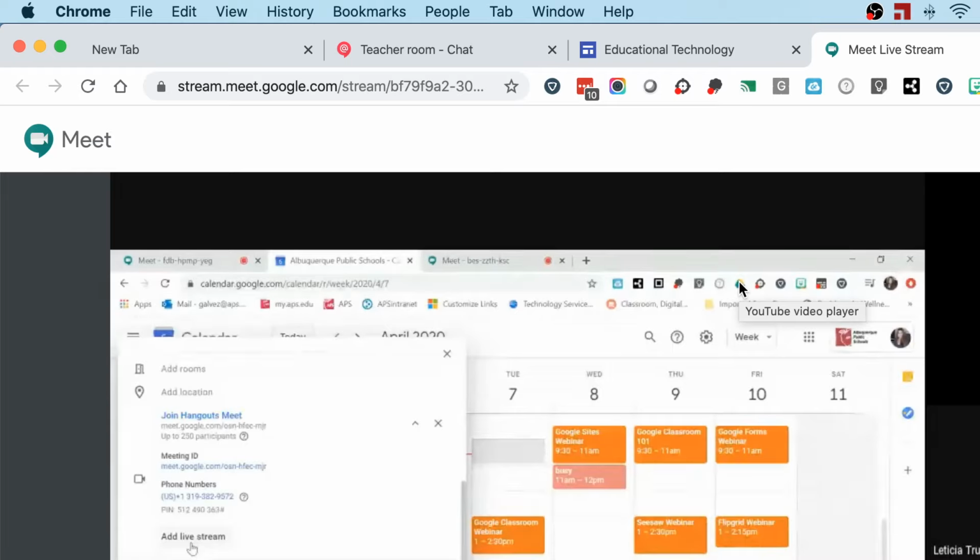Okay, and I believe that once you add the live stream, right now it allows you to add something insane, like 100,000 participants, so people can join the live stream. However, once you add the live stream, only APS people who are within the APS domain or have used their APS credentials to sign in can